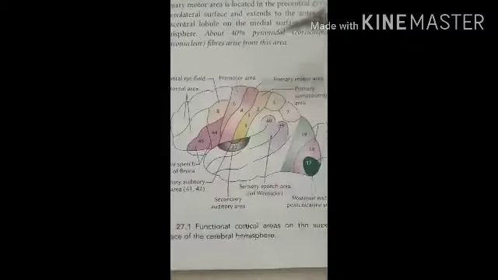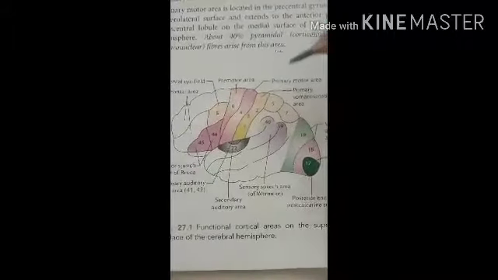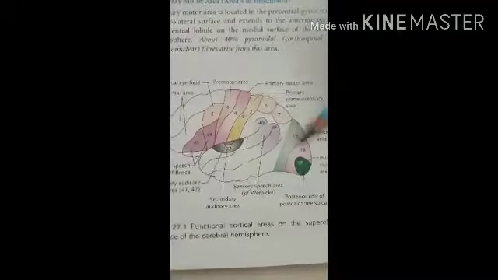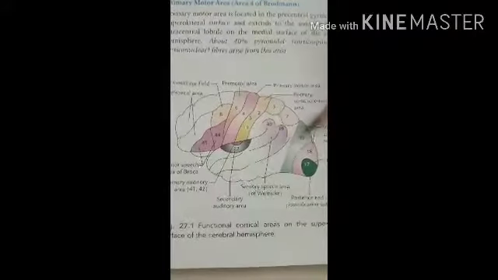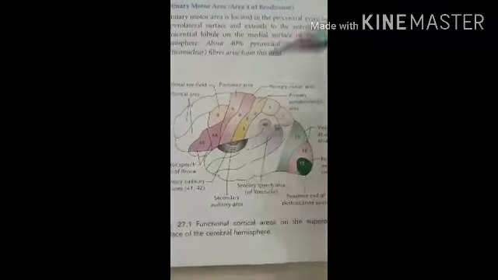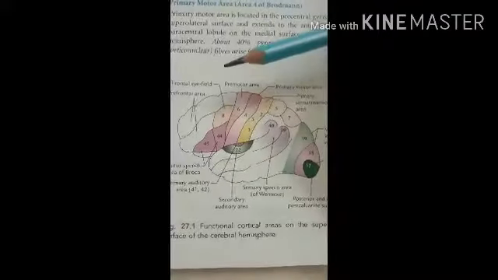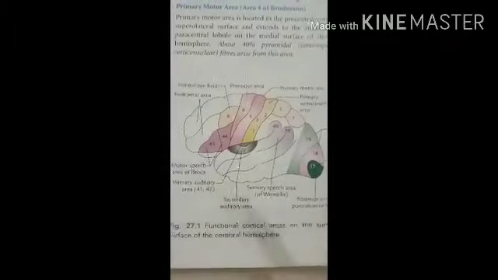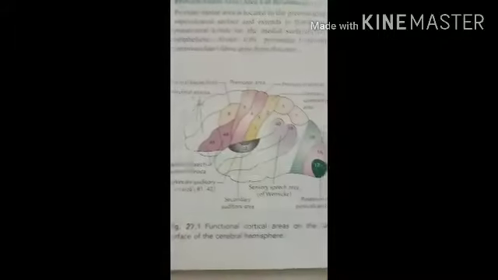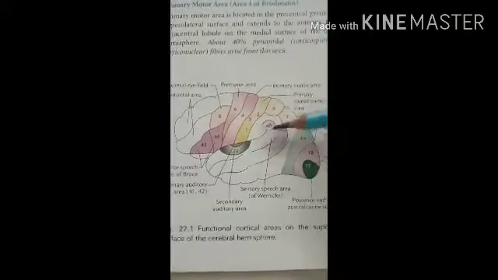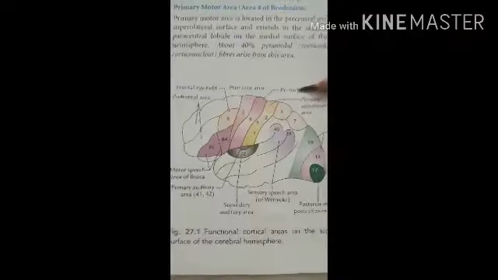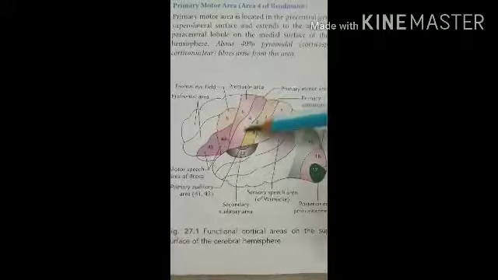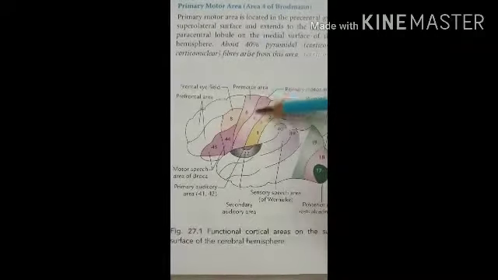cerebrum. The functional areas of the cerebrum. The surface of the cerebral cortex was demarcated by Brodmann into 47 areas according to their functions, and according to classical teaching, there are 3 types of functional area. First is the motor area. So here you can see, that is called the primary motor area, number 4. Primarily it is concerned with all the motor functions.